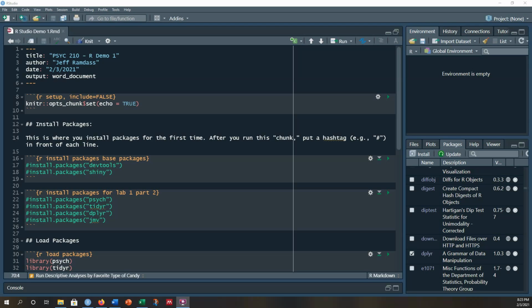Hi everyone. Based on some feedback from some of the groups in class, I'm going to make a slightly longer video on how to download and install R and RStudio so that you can do the different types of analyses that you're working with. And to start off, you'll notice that there's a couple of lines that are added to